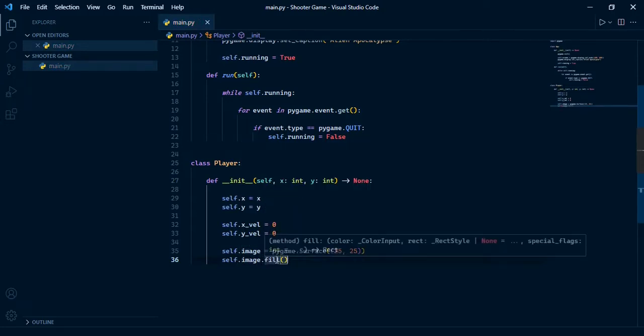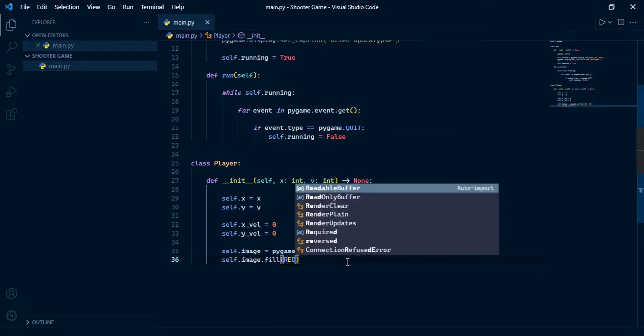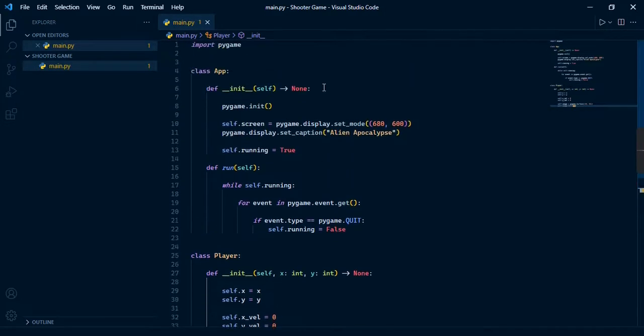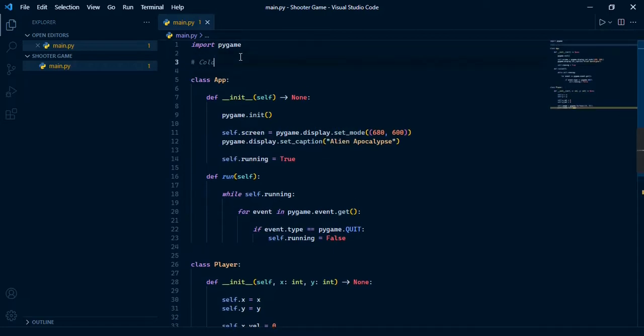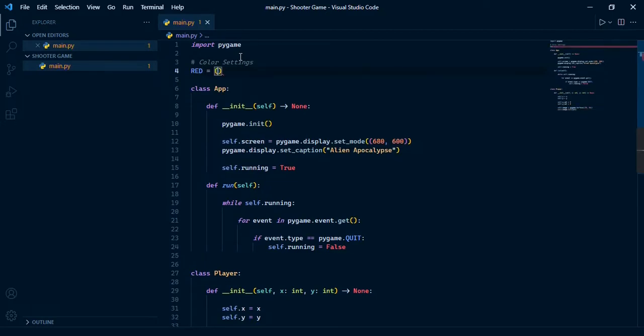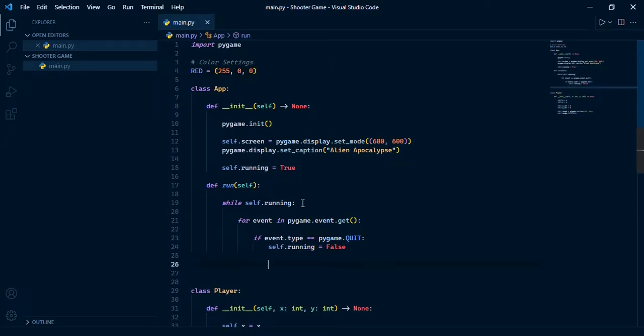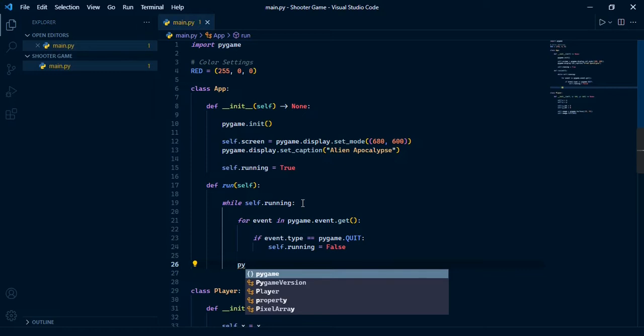But we don't know which color, so I'll just write red, and we haven't defined red, so let's go to the top and do color settings. Here let's do red is equal to, and if you know the RGB value, it's 255, 0, 0, and that's really nice. And of course in this while loop we have to keep updating the display, but